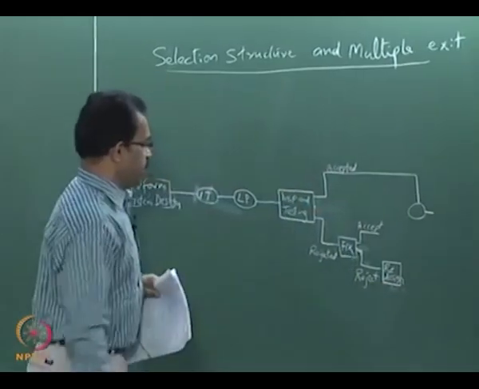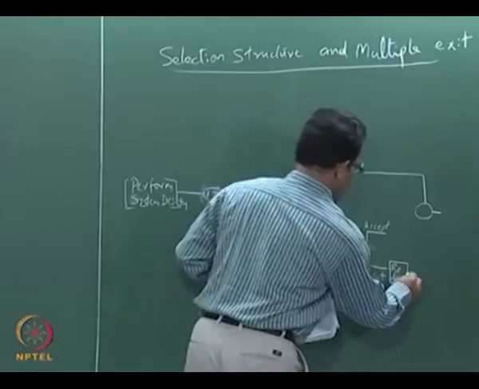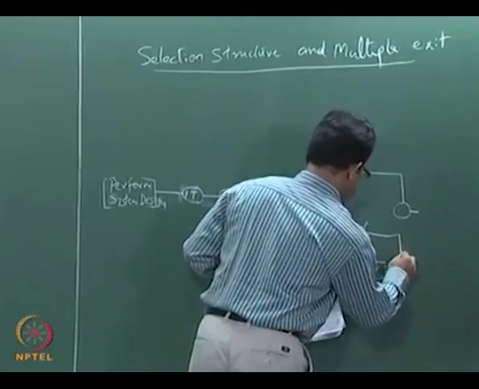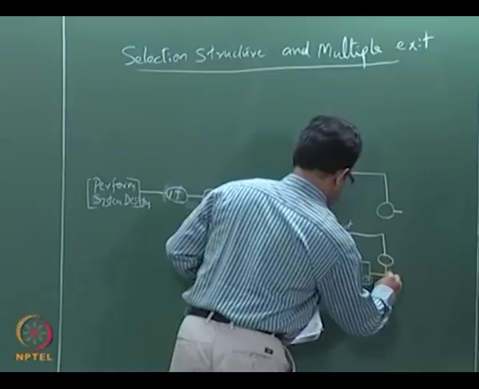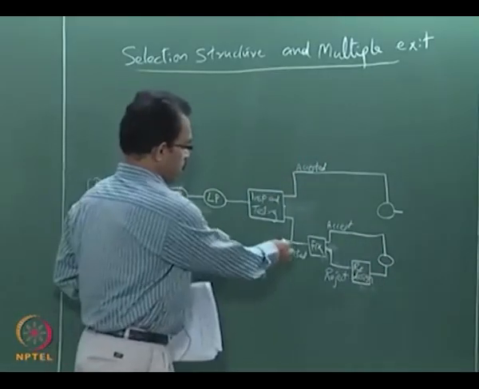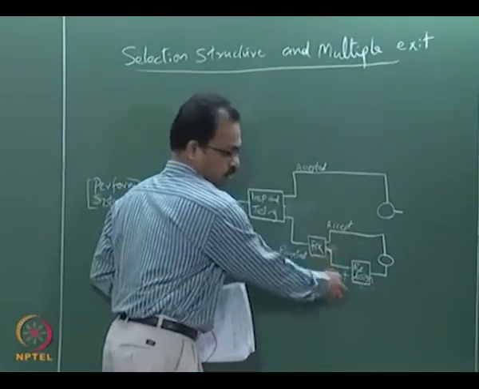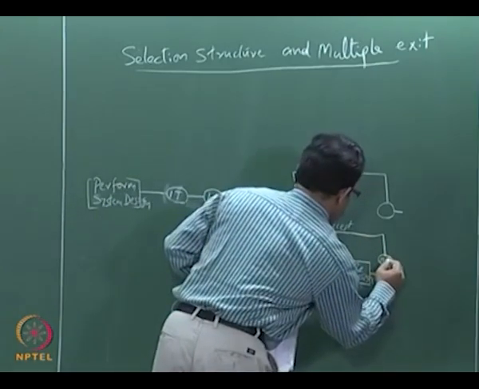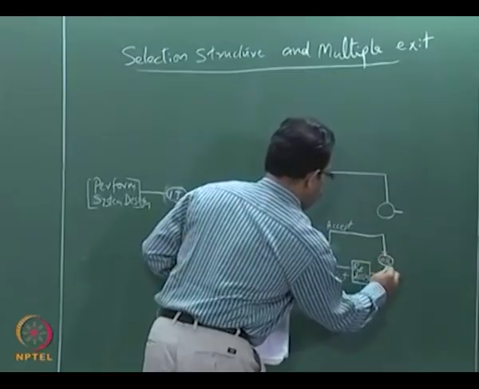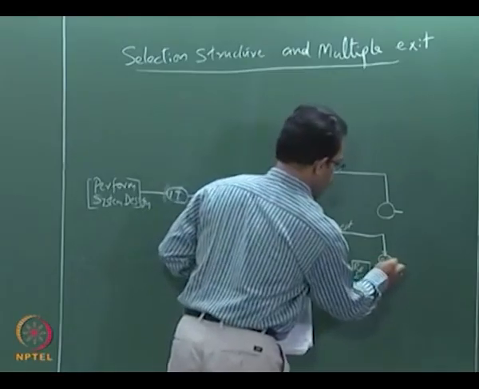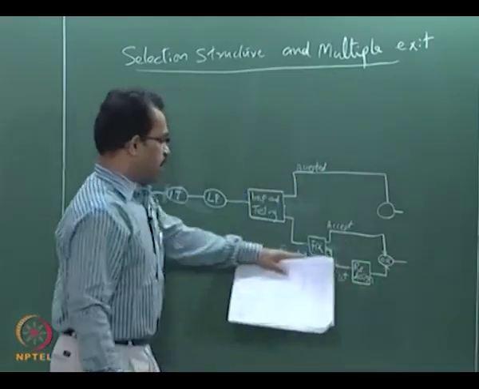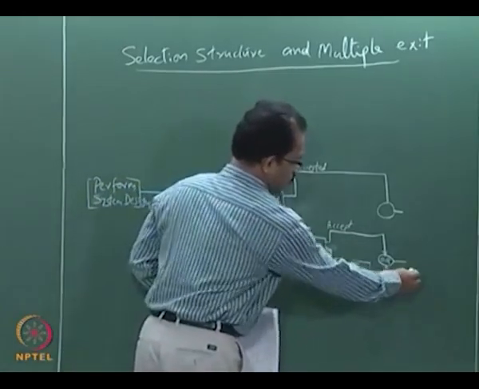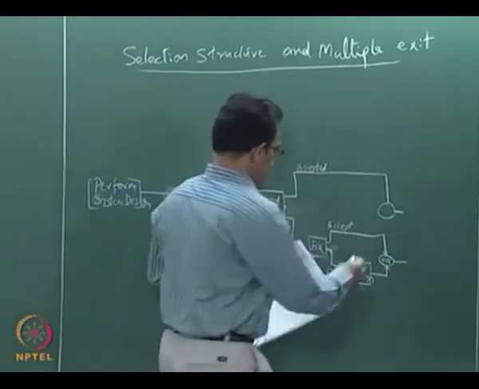So this is redesign, so the rejected one has to go to redesign and then it will come here. So now we know that this rejected component may go through this route or through this route, and any of these routes is acceptable. So this is an OR block, so any one of these components comes here, it has to go to the next level. Though there are parallel activities, you need not wait for both to happen. So any one of these happens, it can go to the next level, and then